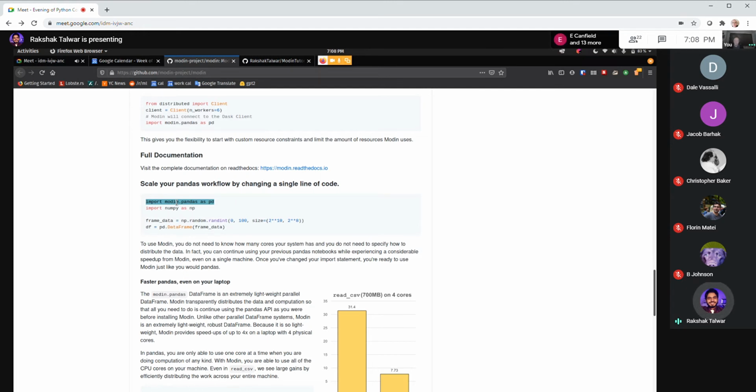One of the problems that people have when they're using plain vanilla pandas is that it only uses one of your CPU cores. So if you bought a nice Ryzen CPU with dozens of cores,